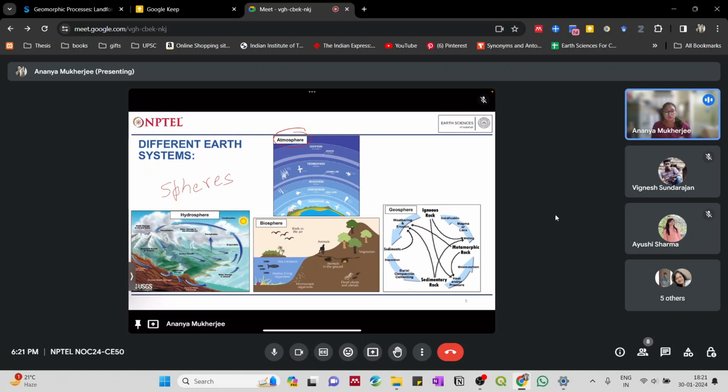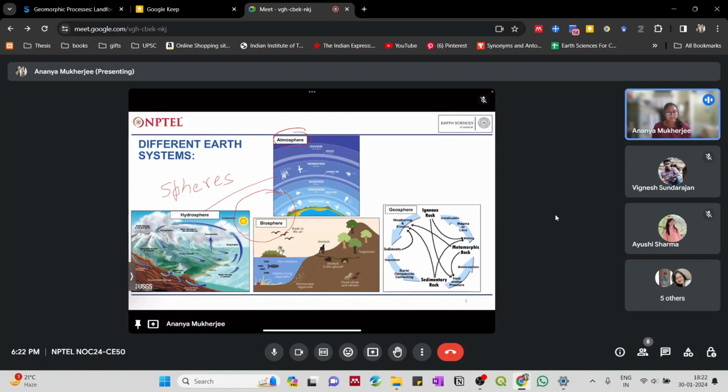So you have immediate interaction between the atmosphere and hydrosphere. Now you have the biosphere. Biosphere is where all the living beings on the Earth's surface interact with the other two spheres, the atmosphere and hydrosphere. As you know, we require both for our day-to-day living, so it is important. These three spheres play an active role with each other.